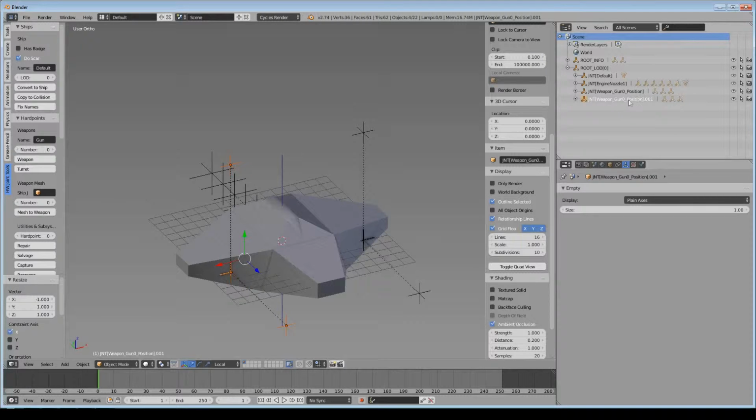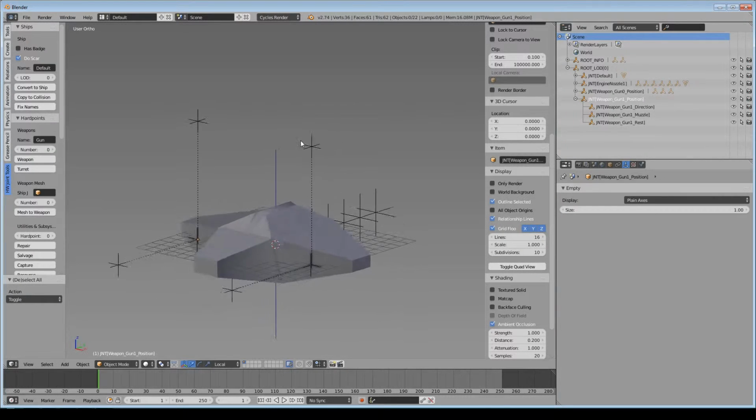But now you've got the weapon, and you have to go one by one and rename all of these subjoints. Now with fixed names, you don't have to do that. You just hit fixed names, and it fixes all the names, so that it is differentiated. But the thing that is great about fixed names is that it doesn't just